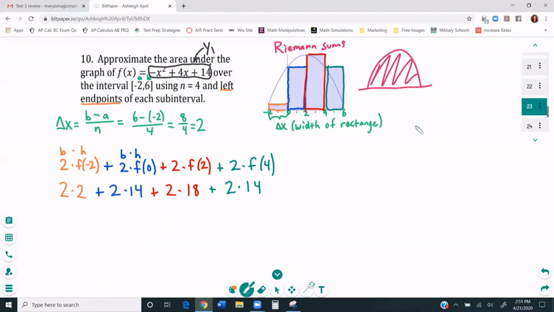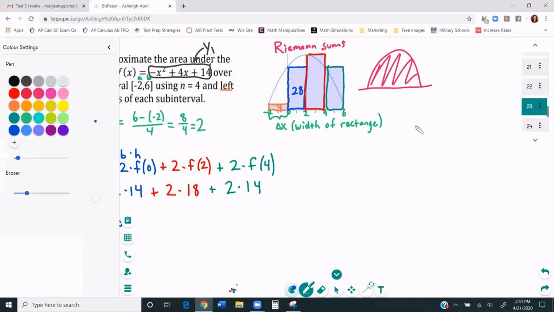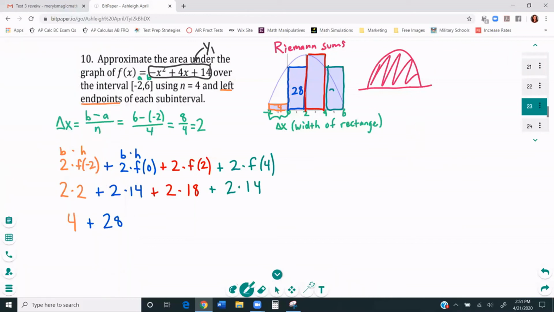I'm going to write it out so you can see: 2 times 2 is 4. That's the area of our orange rectangle. And then 2 times 14, 28, gives us the area of this rectangle. You might notice just by looking at it that this other rectangle is the same height. Same width. So then 30, well, wait, I did that wrong. 36. 2 times